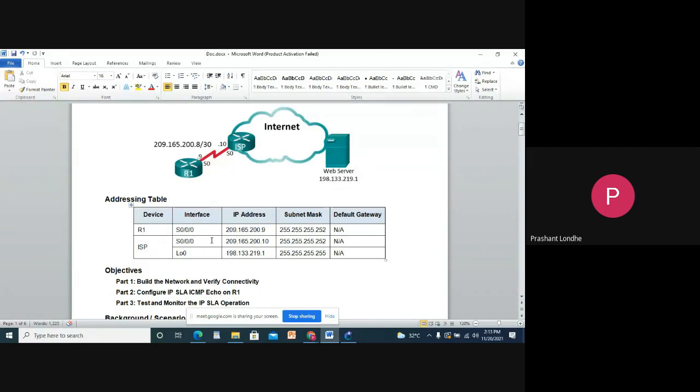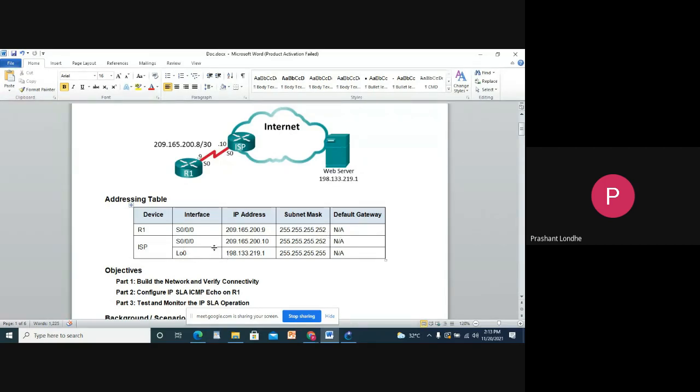For the ISP, the interface connected with R1, the serial interface, has the IP address 209.165.200.10, and the subnet mask is 255.255.255.252.